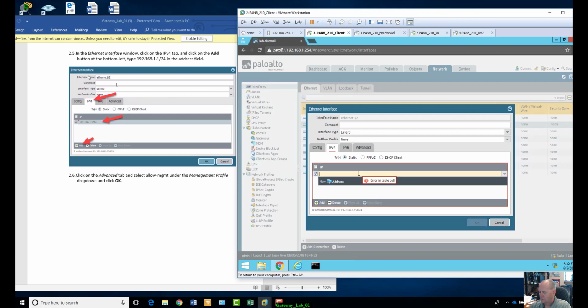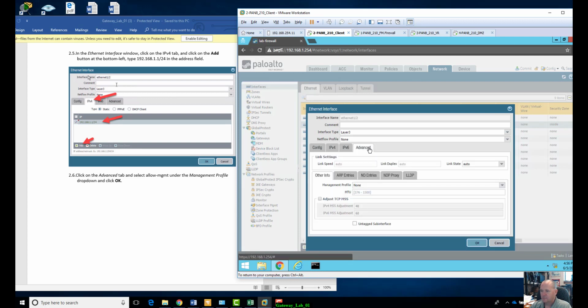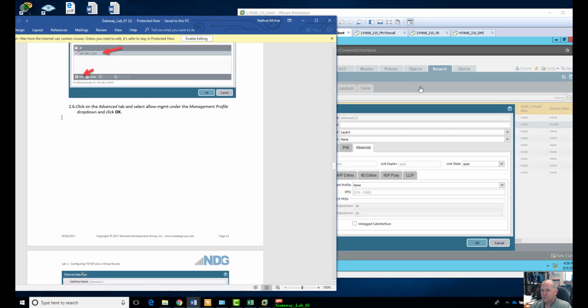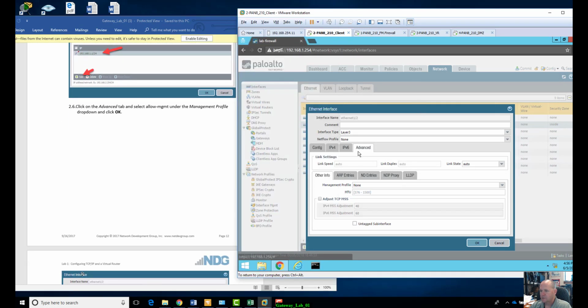And we have to type in 192.168.1.1. And you got to put your CIDR notation /24. That's telling the router to make sure it knows that the last 4th octet is going to be for hosts. It's 255.255.255.0. So we got that. Click on the Advanced tab, and under Management Profile,